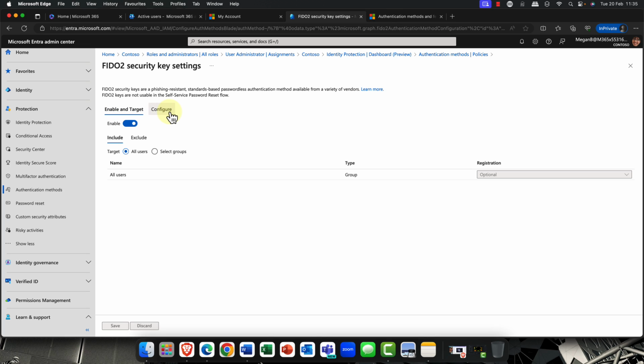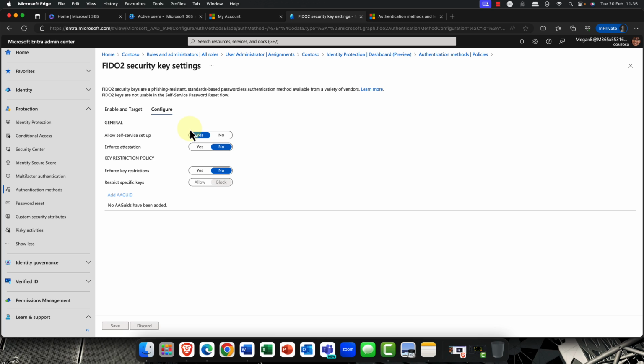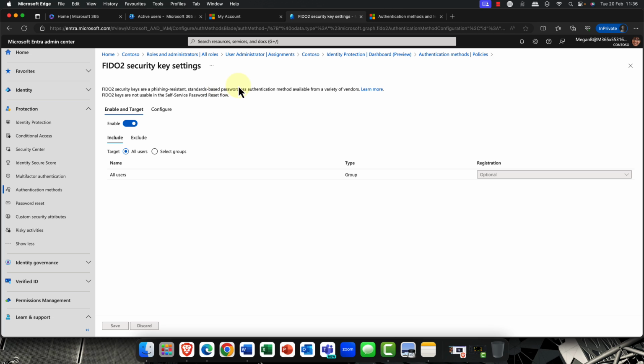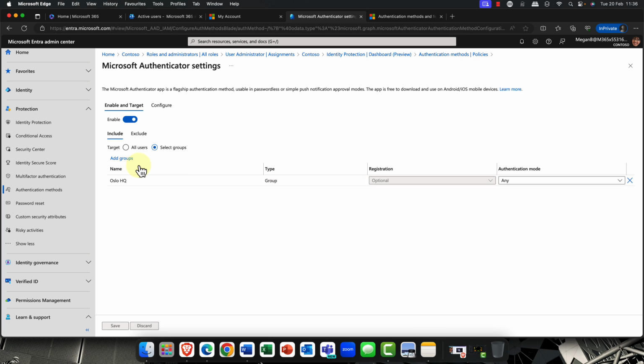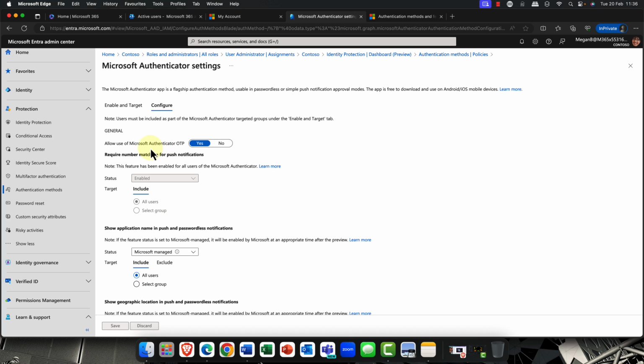I'm going to go in here. I'm going to say, hey, I want to configure this for all my users. I'm going to say, yeah, I want my users to be able to use this, allow them self-service sign up, and so on. Now, when you configure this, I've noticed it can take up to about an hour to go through. But again, things like the multi-factor authenticator, these are definitely things that you should have enabled, folks, okay? Because if you don't, it can be an absolute nightmare. Also, for good security, definitely click into the configure option here.